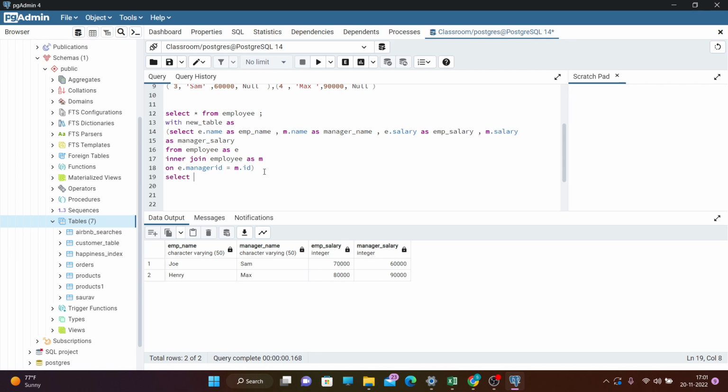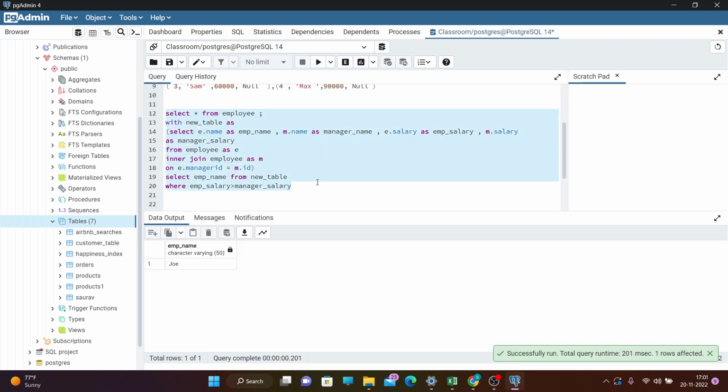So select the employee name column from this table, that is new table, where employee salary is greater than manager salary, right? Okay, so when I run this,